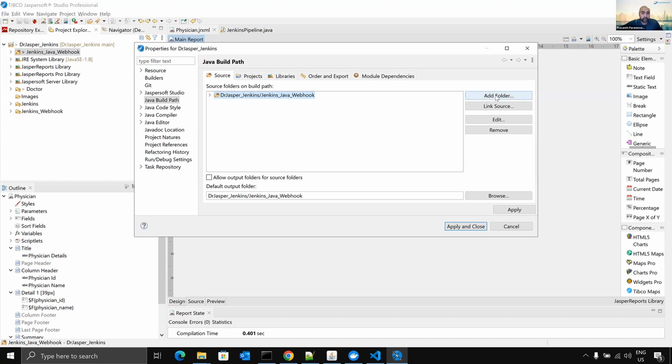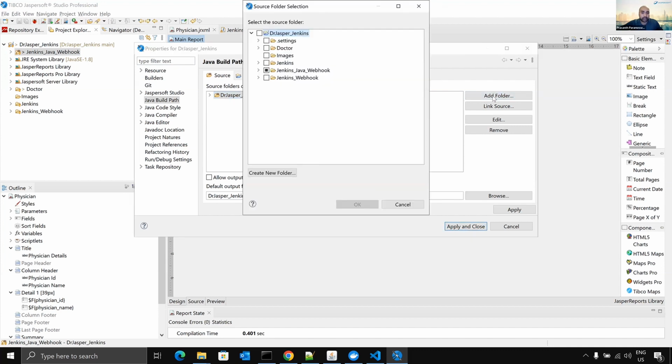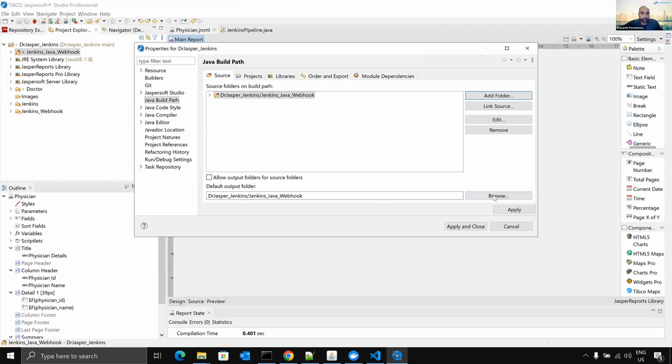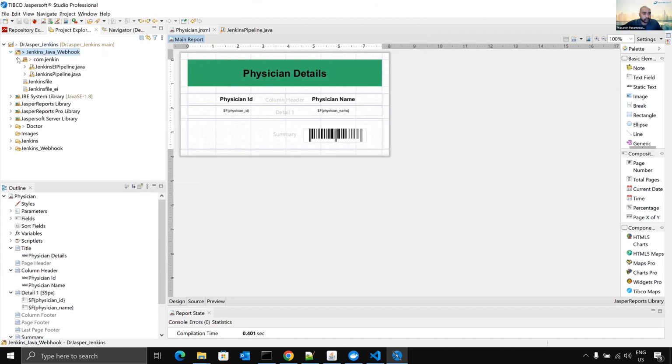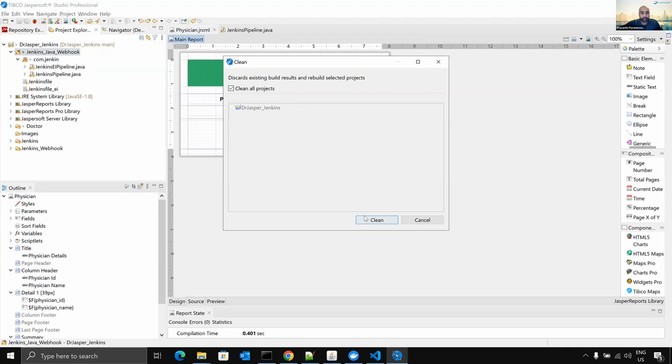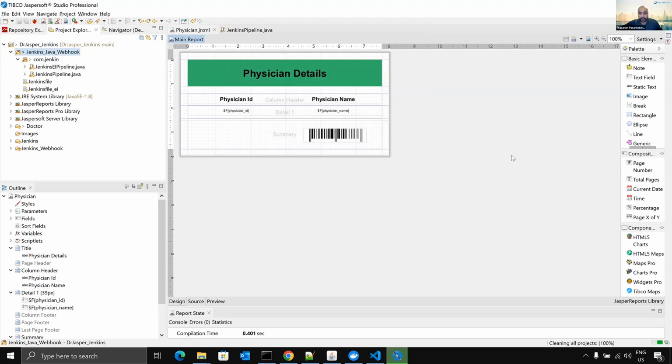So you need to click on Add Folder and select that particular Java webhook folder. We also need the class files to be generated in the same folder, and for that you can click on Browse and select the same folder, Jenkins Java Webhook. So if I go inside here and build the project, this should actually,